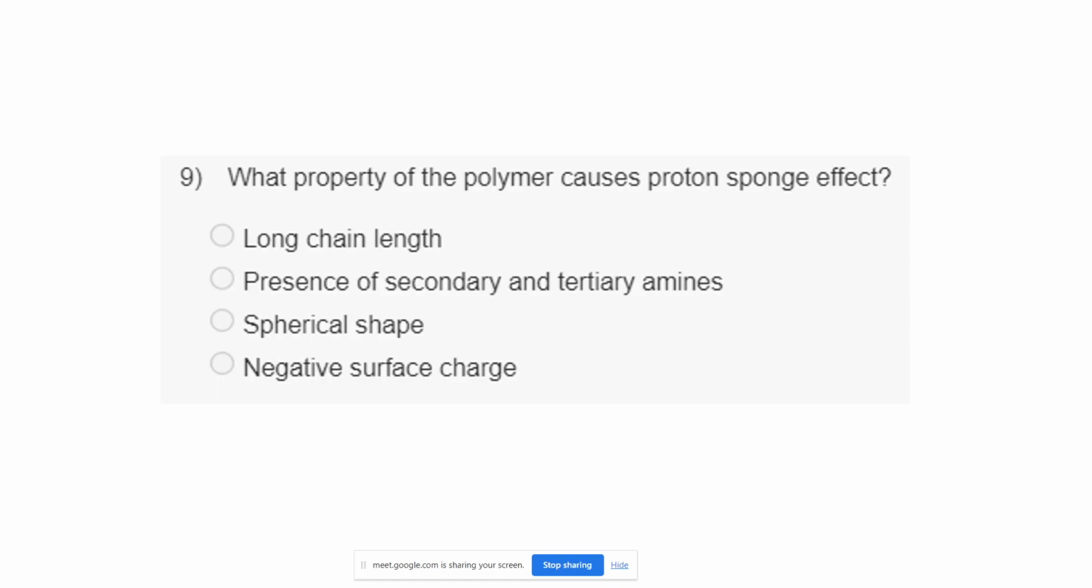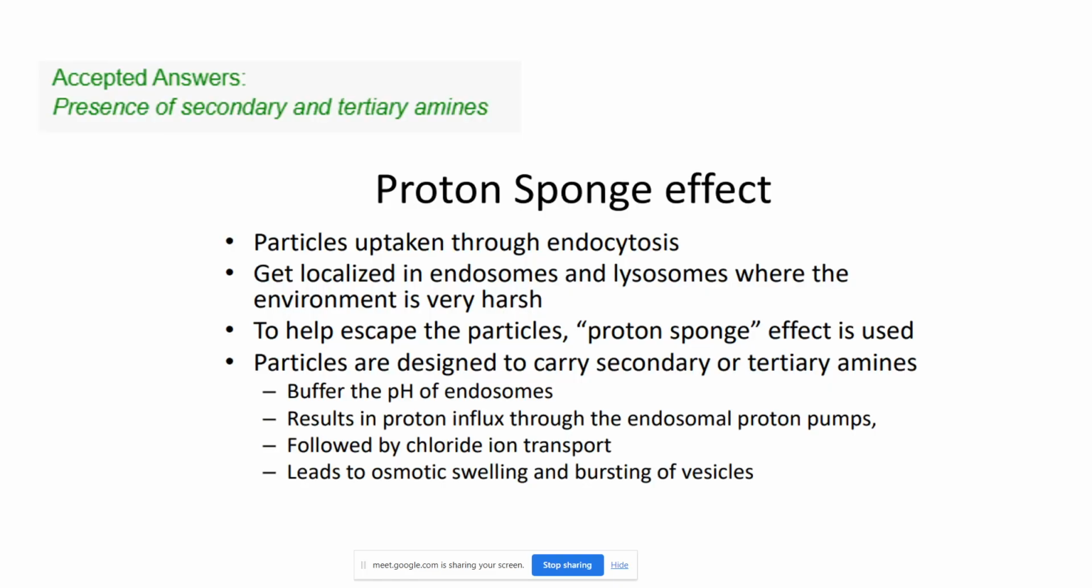Yes, second option is the correct answer. So proton sponge effect is basically an escape mechanism. So when particles are uptaken by the cells through endocytosis, they get localized in the endosomes or lysosomes where the pH is very low. And so to evade this from these compartments to outside into the cytoplasm, proton sponge effect